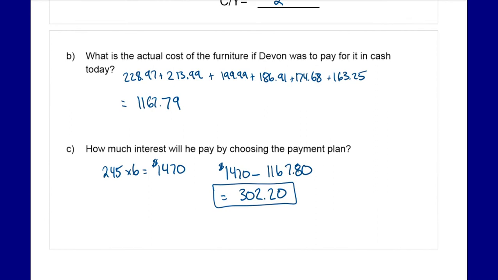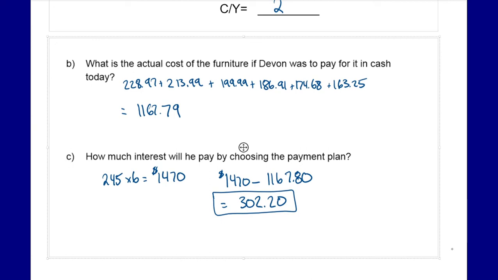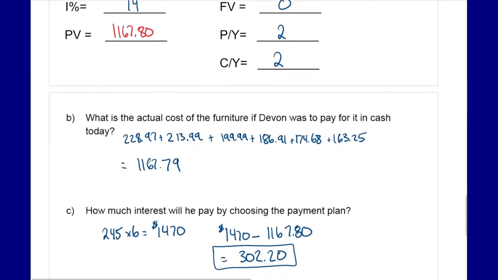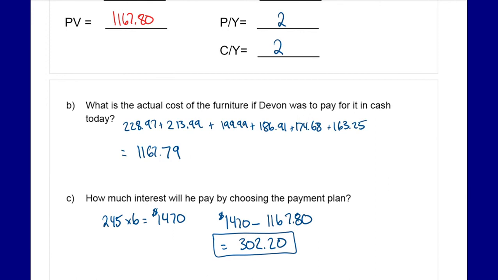So again, the main thing from this lesson is just to see how this can work in the other direction, where we want to find the present value based off of a payment plan rather than the future value. Key things, again, remember the future value in this case is 0 because we've paid off the cost of our item. And then we're looking for the present value. We could use a timeline diagram, but using the TVM solver like we just saw here, which did give us that same value of $1,167.80, is a valid option as well. And again, it's the same kind of concepts, but looking more at the present value. So kind of how we looked at the present value in compound interest, now we look at it